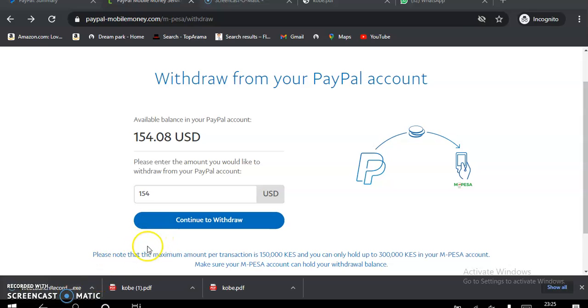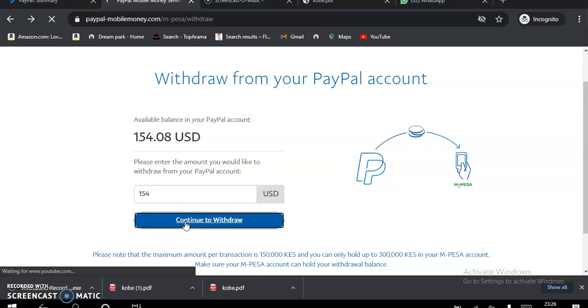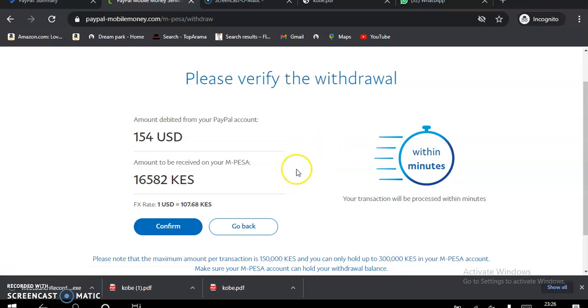So we'll come here and say continue to withdraw. And to ensure that we have solved that problem of oops, we can see your transaction is processed within minutes. We'll say confirm. And upon saying confirm,